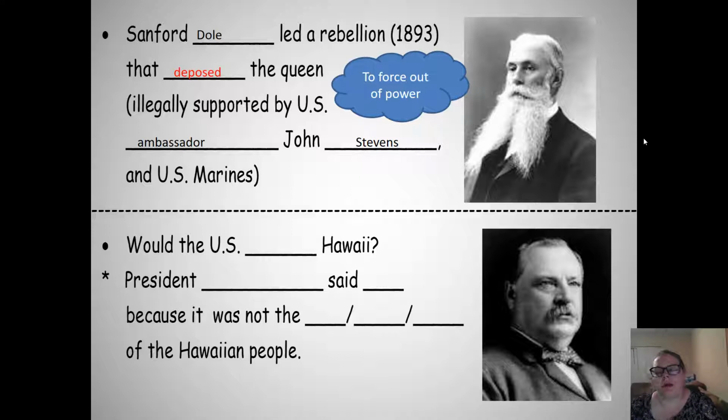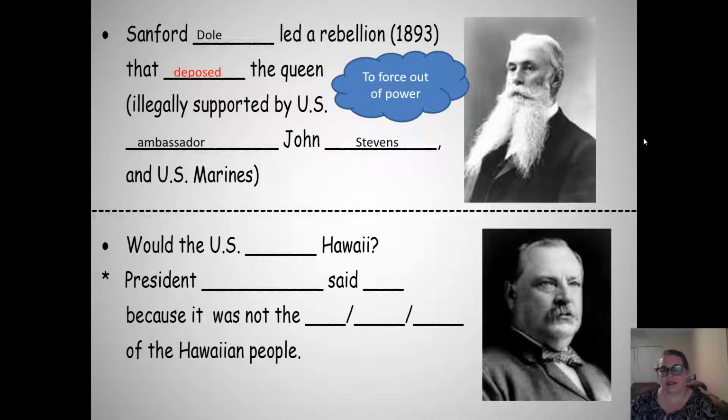Remember we talked about in class today that the Marines were basically bamboozled into helping the white people depose the queen. John Stevens was the United States ambassador to Hawaii, and he basically calls the Marines and begs for help, saying that they're being attacked by the natives. Come save all the Americans. So the Marines do what the Marines do. They show up and think they're protecting everybody and take over the government to stop the coup, only there's no coup to stop. So that's a little bit of mud in the Marines' eyes.